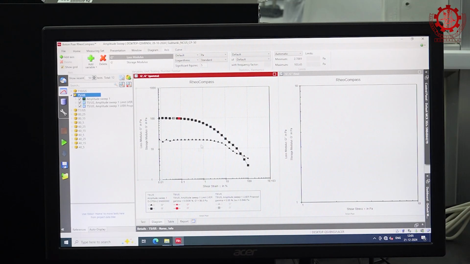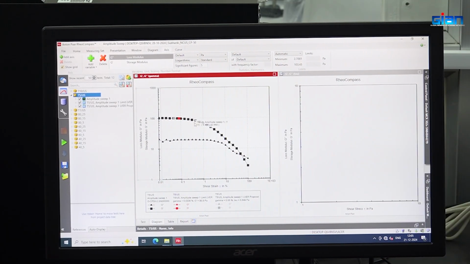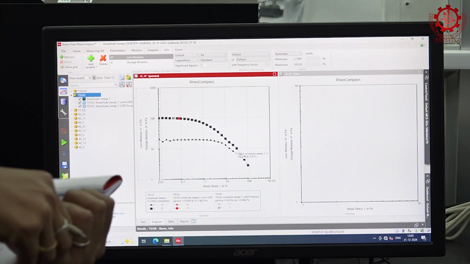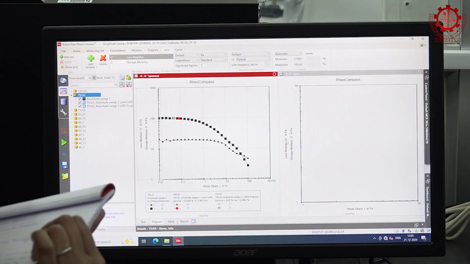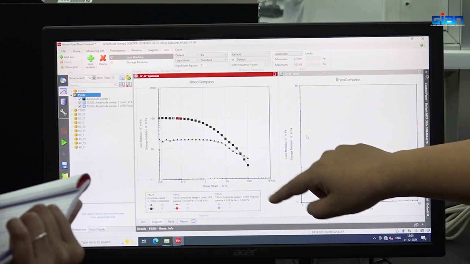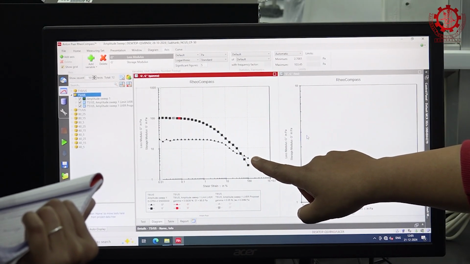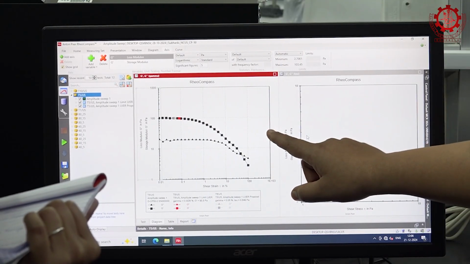After that, there was a point where a sudden decrease started for G prime, that is the storage modulus. That will be your yield point. And there is a point where your G prime and G double prime both have the same value. It is called the crossover point. After that, the G double prime value, which is the loss modulus, increased over the storage modulus. This means it showed more liquid-like behavior, meaning the viscous behavior increased rather than the elastic.